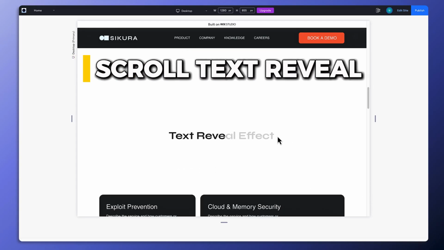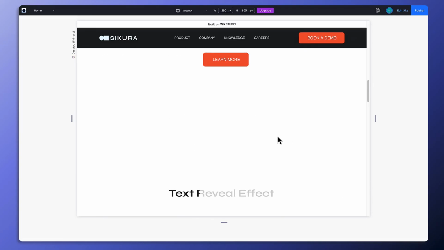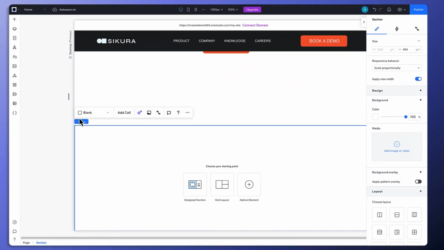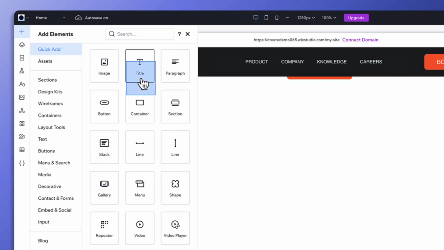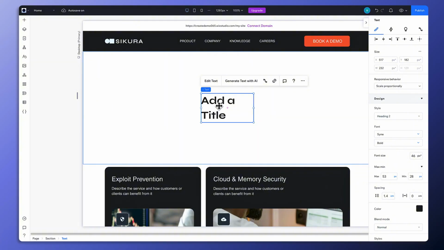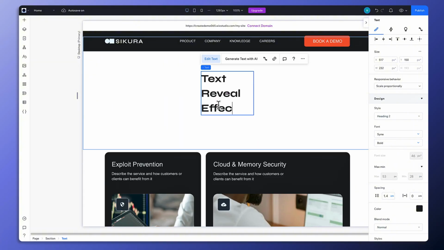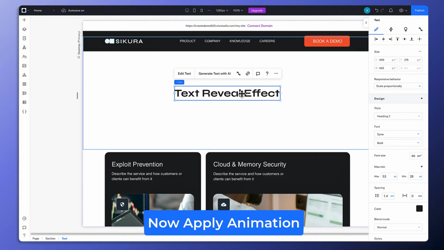To create a text reveal animation while scrolling on your website, we are going to first add a text. So click on the plus icon in the top left corner and add a text. Let's type in "text reveal effect", put it right into the center, and now we are going to apply the